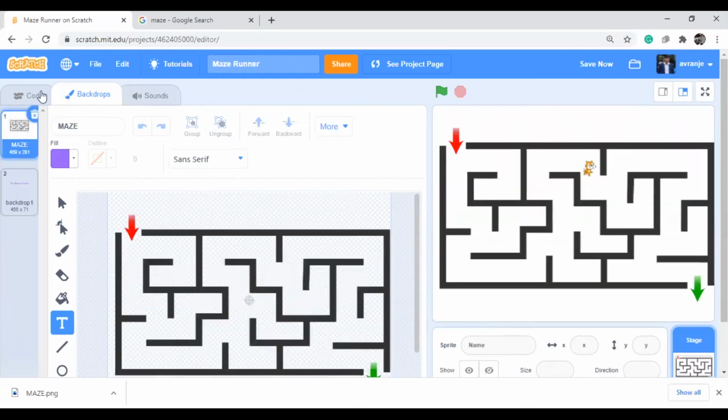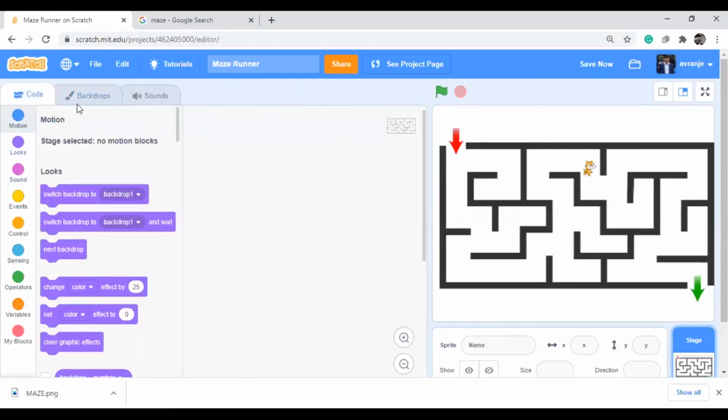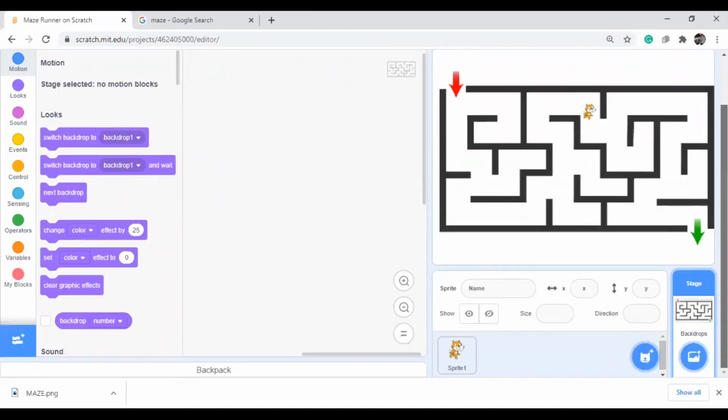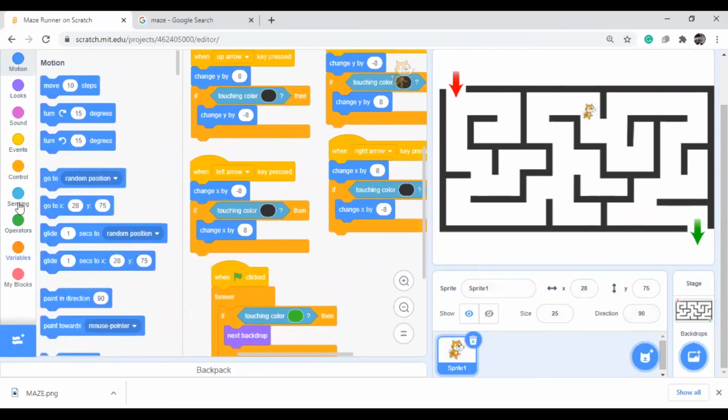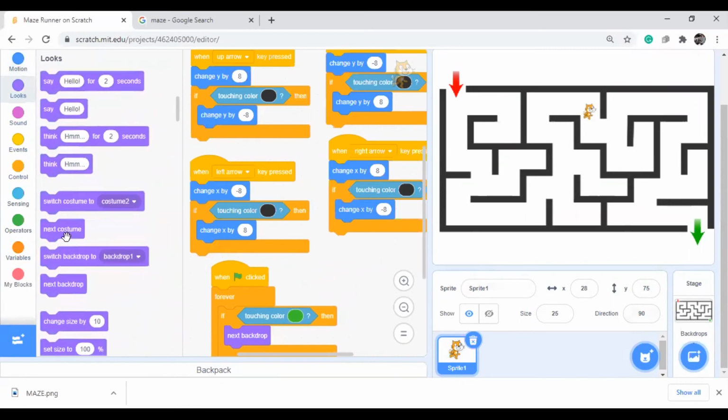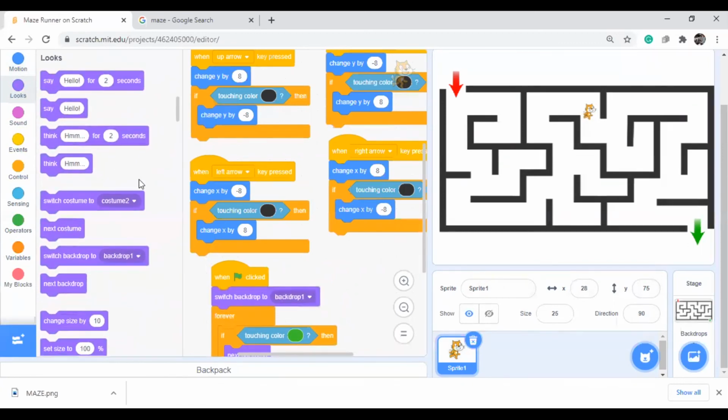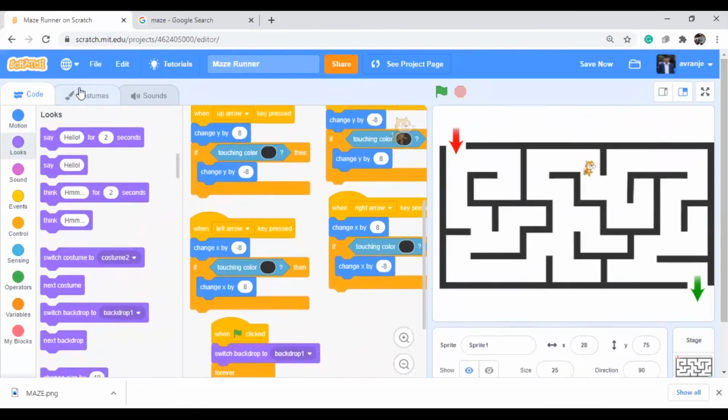And when flag is clicked, we will write the code for the sprite. So when flag is clicked, our first thing is we need to switch to backdrop 1. What is the backdrop of this one? I think this is the maze actually.